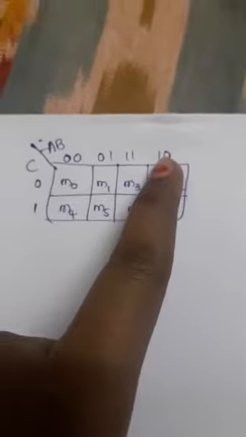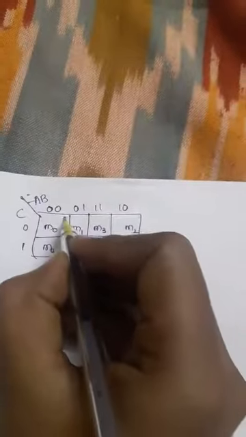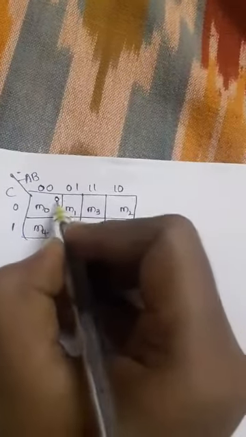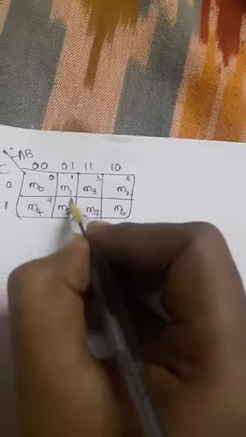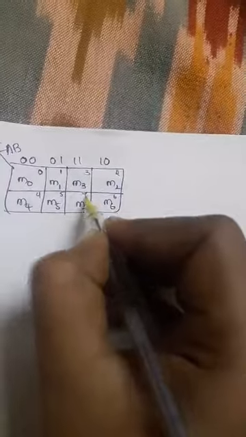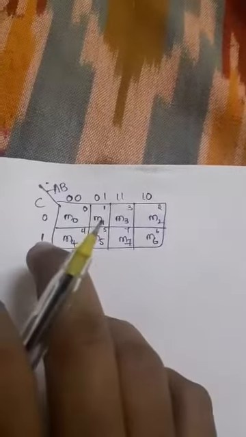Okay, so after the 0 1 stage, the next stage will be 1 0, right? Not the 1 1 stage, in the normal procedure, right? So that's why I can write here, after m1, m2. Okay, that means this is the 0 column. That means a 0 cell, and this is the first cell, this is the second cell and third cell, fourth cell, fifth cell, and this is sixth, and this is the seventh cell. Okay, the numbering of cells is like this.